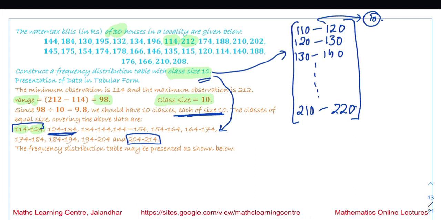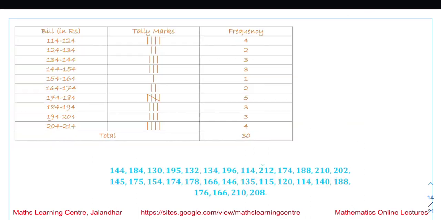So if we are writing the frequency over here, what we are going to do is, again it is 114. 114 means the tally mark we will put in front of 114. Then it is 184. Now 184 will lie in this class. Next it is 130. So 130 will lie in this class. Similarly, in this way you will continue putting the tally marks